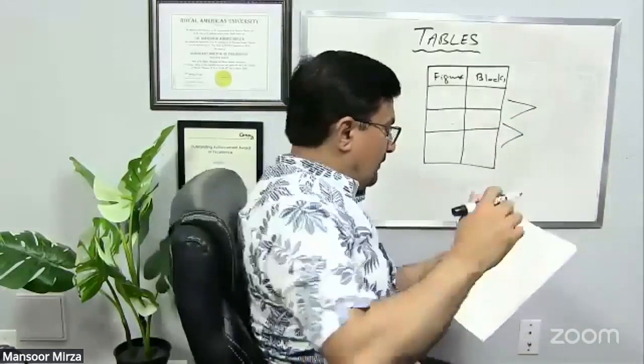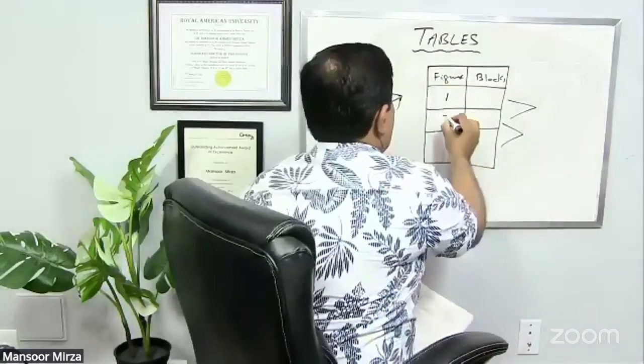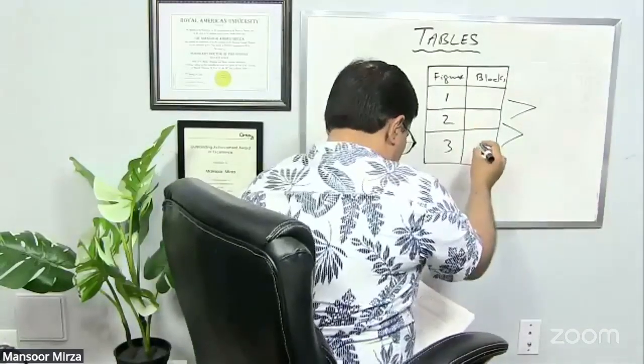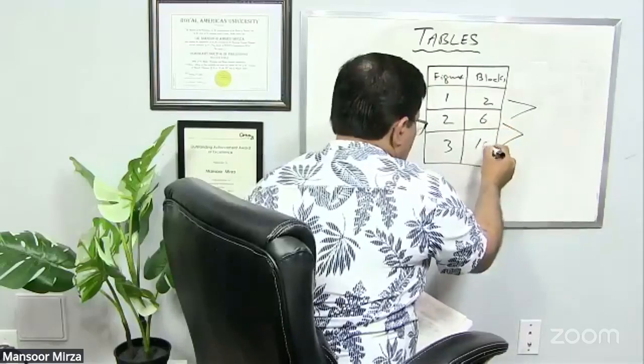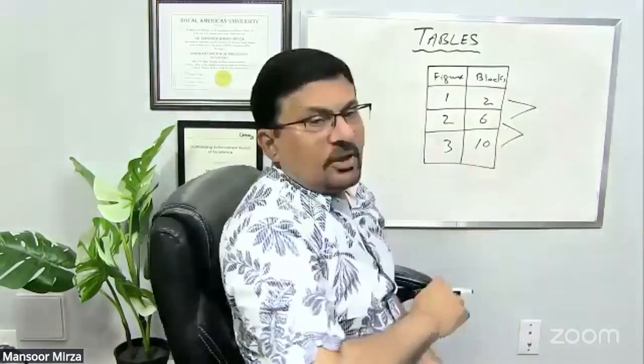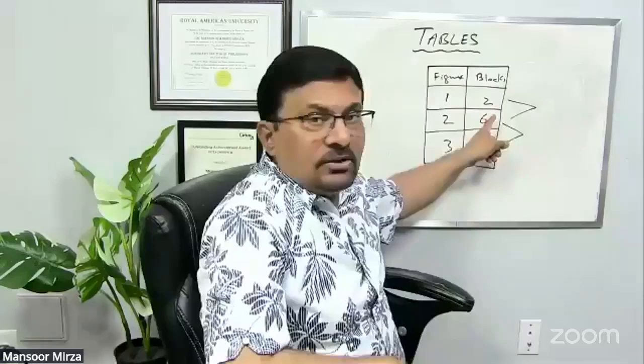Let's do, I have a number, one figure, two, and third figure. The number of blocks I have is 2, the number is 6, and the number is 10. So now in this way, when I try to find out how I'm getting to this number, I'm going to